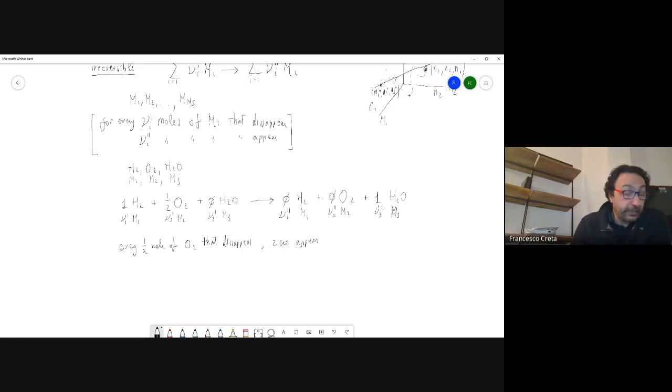Okay, I can write essentially this for every species. Every 1 mole of hydrogen that disappears, 0 appear, and for 0 moles of H2O that clearly disappear, 1 appears. So what I can do is write down the change, in this particular case, the change